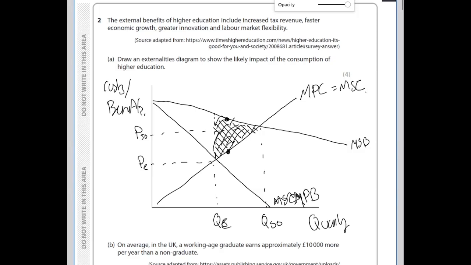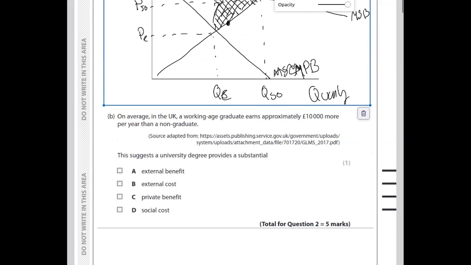What this is showing is basically the difference between how many people are actually going to university and how many people ideally we would like. So if we have external benefits, we expect that the equilibrium quantity is going to be lower than the socially optimum quantity. And then question B says, on average in the UK, a working age graduate earns approximately 10,000 more per